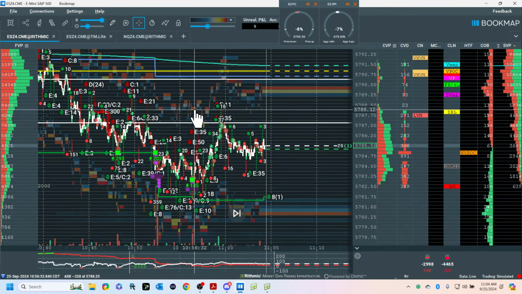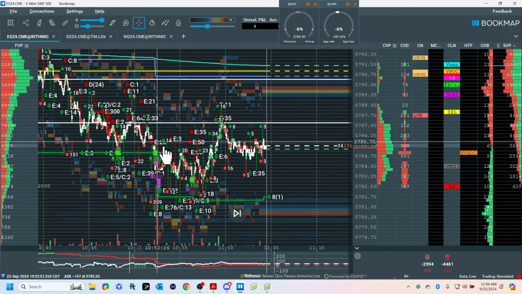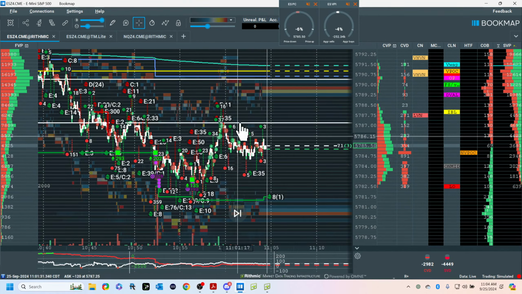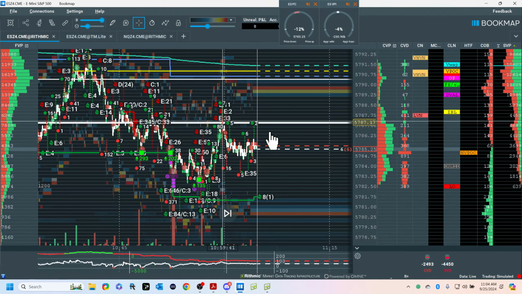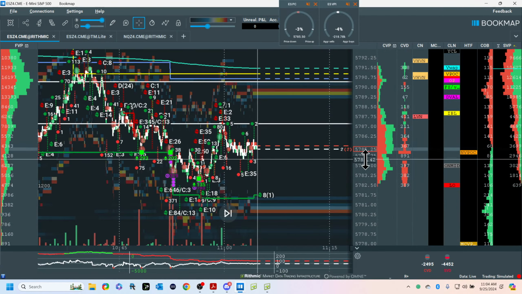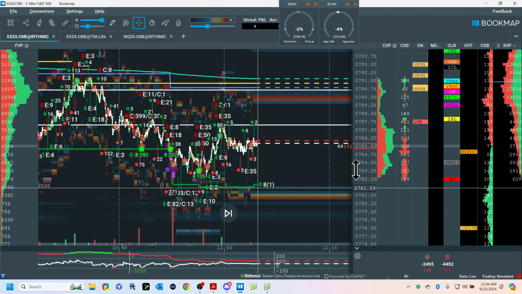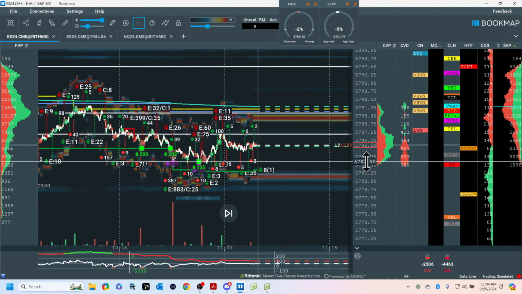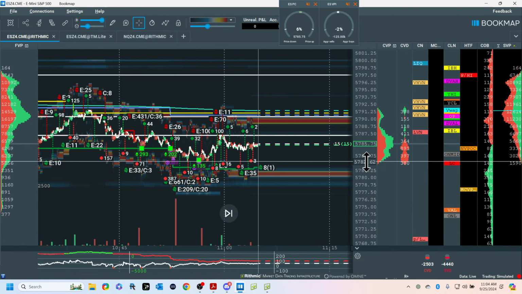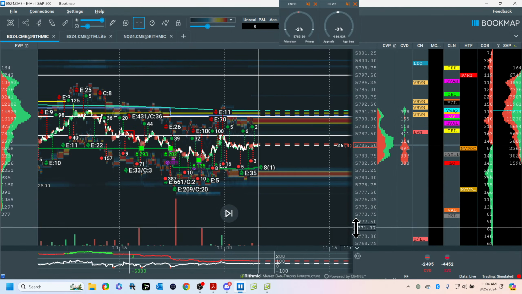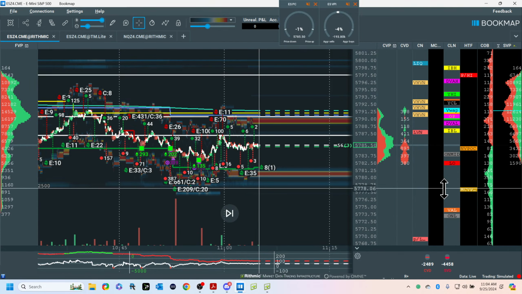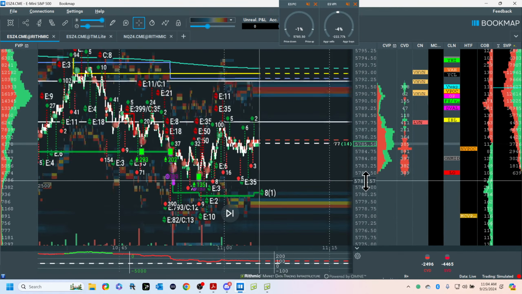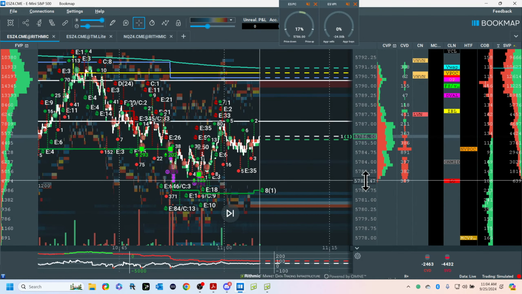Now for me, it was longs, longs, longs. But since I'm seeing the selling and we ran out of buyers, then you just have to align with it. And then anything can happen. So right now, theoretically, a short going for this. And there could be more down here if we get below this, but take it one piece at a time. You guys have questions? Hope you're doing okay.